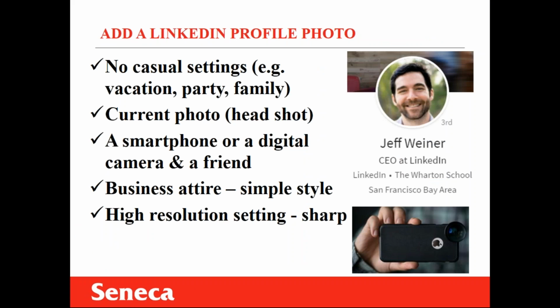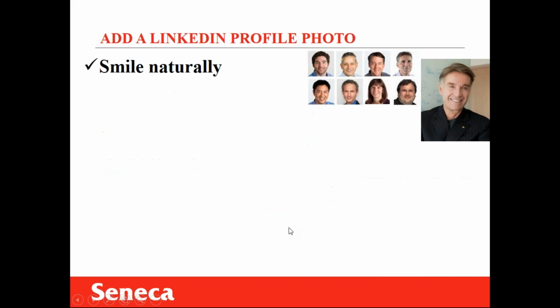For a photo, some will advise you to get a photographer to do that, but I really don't think that's necessary, because with the cell phone these days, you can get a pretty good quality one. So make sure you're not in a casual setting when you take a photo. It's just for LinkedIn. If professional, it's a headshot. You need a camera and a friend, not a selfie. Dress appropriately, like your career calls for, in high resolution. And smile